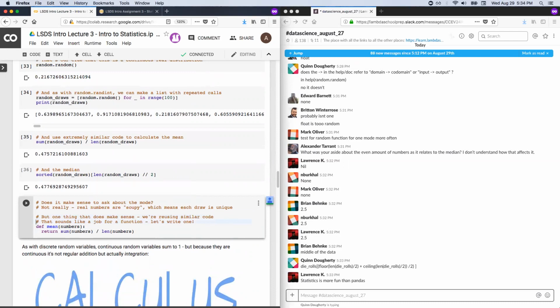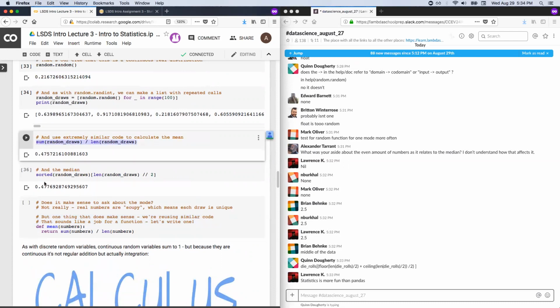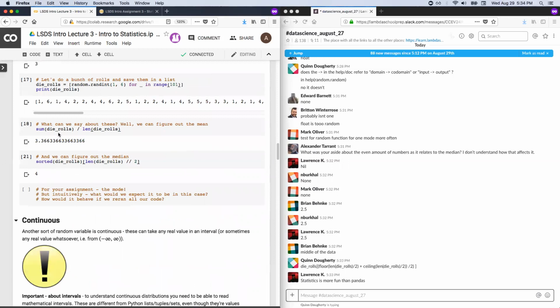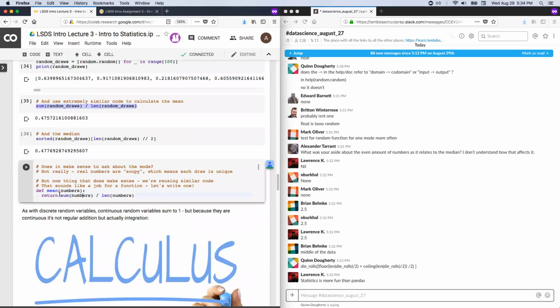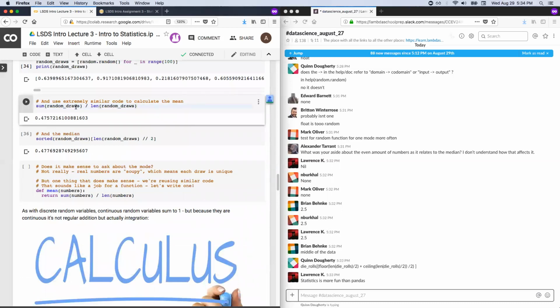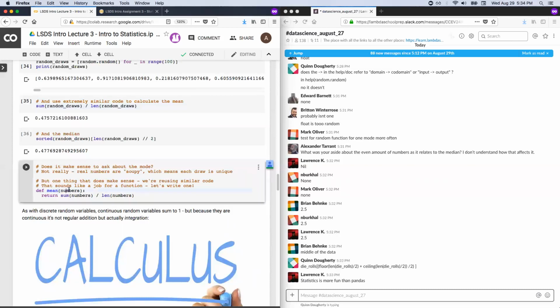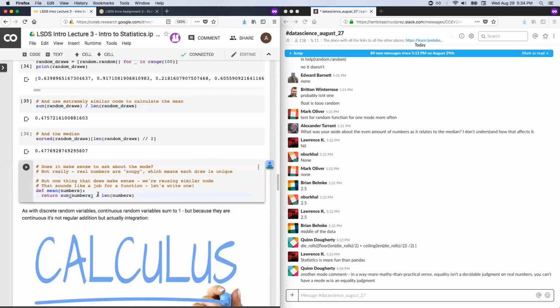sort of put our Python hat on here, because we got to wear a lot of hats as data scientists. This line of code is basically exactly the same as this line of code, right? Our mean function. So let's put it in a function. Let's define a mean function. It sounds like a job for a function. Whenever you've got lines of code that are just the same thing, you're copy pasting the same code, running it over and over, that sounds like a job for a function. And what does numbers do? Well, it takes numbers and it returns the sum of them divided by the length. There you go. We wrote our own mean function. And as an exercise, consider trying to write median and mode functions.